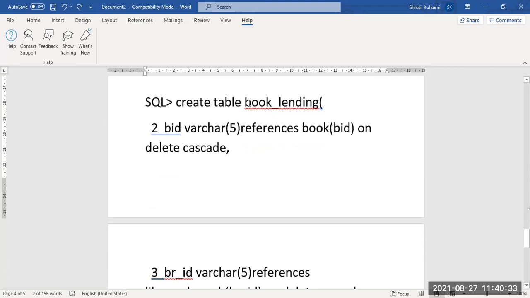And after that, the last table. Book lending. The actual borrower, the respective person, when he or she goes to the library, has to carry the card, and say what book they want to issue, from which library branch, and on which date. That table we call the book lending table. So first, which book he or she wants, that is the book ID, varchar, getting referred from the book table, that is BID on delete cascade. It is needed here because of one of the queries; yesterday we had checked that.